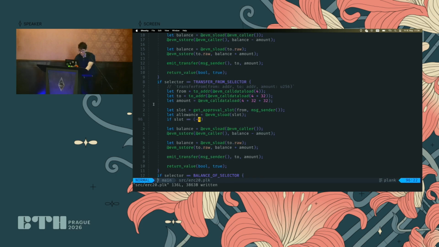So this is a common optimization: if the approval is already the maximum, which is an insanely large value, essentially infinite, we can save gas by just not updating the allowance at all. So if we do this, we skip the thing completely. So I actually want to say if it's not equal to the maximum, and the allowance is less than the amount, then we want to revert.